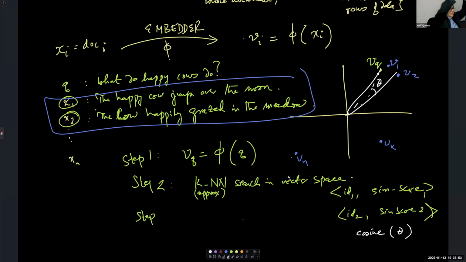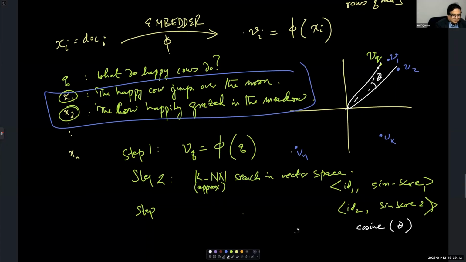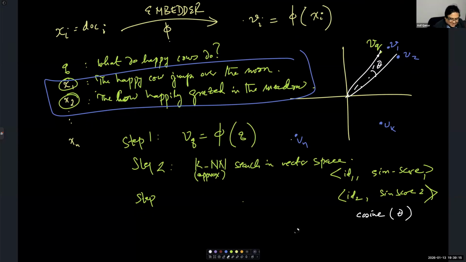Remember, what did I say? Given a query, all the random vectors will be where? 90 degrees on the equatorial plane. If you take that point as the North Pole, everything will be at the equatorial plane with respect to it, or rather the equatorial region is where they'll be located. So what is the logical step 3 therefore? Look up ID1, ID2, wherever you have a relational database or wherever, MongoDB, wherever you have kept those. Now you have the row IDs, right? And return